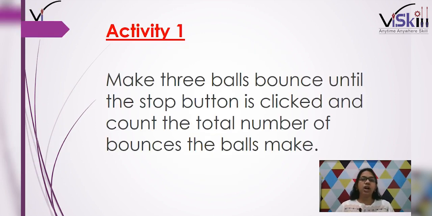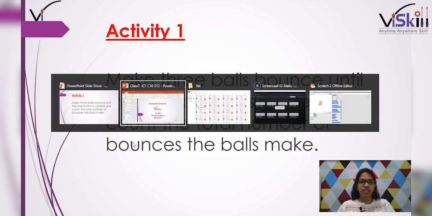Activity 1, make 3 balls bounce until the stop button is clicked. So पहले क्या करना है हमें, we are going to make 3 balls bounce until the stop button is clicked and count the total number of bounces the balls make. Alright, so पहले we are going to start with creating 3 different ball sprites और उसके बाद we are going to make it bounce. So we're going to start with this today. So let's get into the scratch